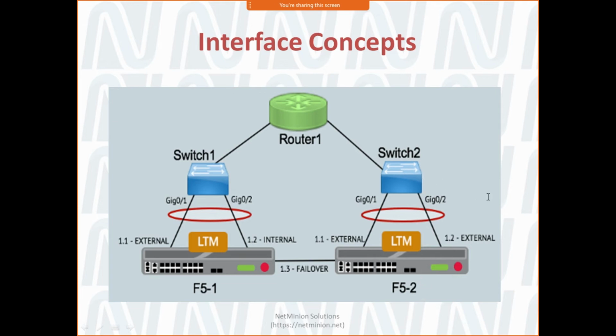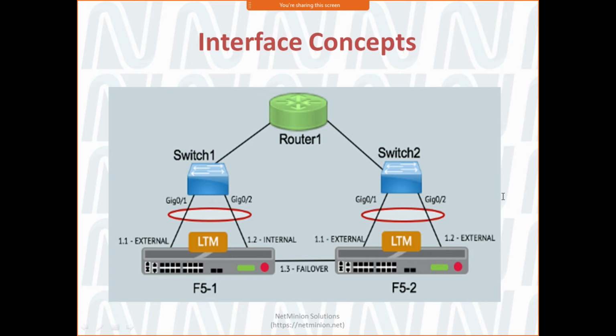So when you are reading about any device, interface is very much important, right? A key task of the BIG-IP system configuration is the configuration of your BIG-IP system interfaces. The interfaces on your BIG-IP system are the physical ports that you use to connect the BIG-IP system to other devices on the network. The other devices can be your router, layer 2 device, destination server, or anything. Through these interfaces, the BIG-IP system can forward traffic to or from other devices, and the term interface refers to a physical port on the BIG-IP system.